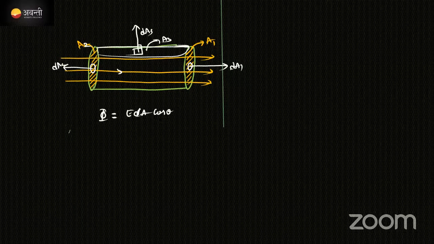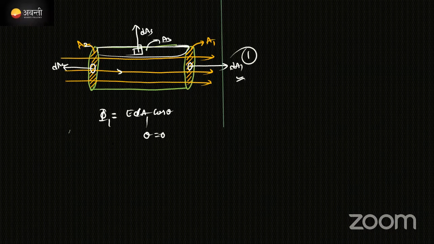देखो इधर E dA cos theta. For the flux one, I'm writing here dA1 I will take for this one. Theta value will be here 0. For the first case, theta value will be 0. Then flux 1 will become E dA1. Correct now? Okay, clear. And this is for the first thing.